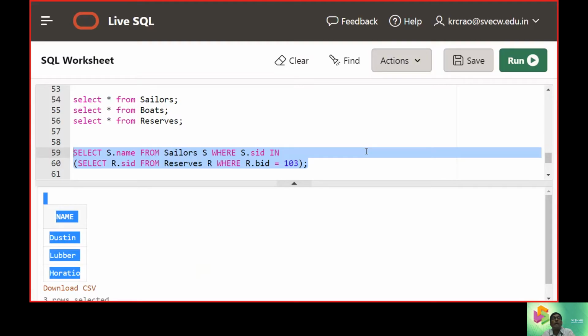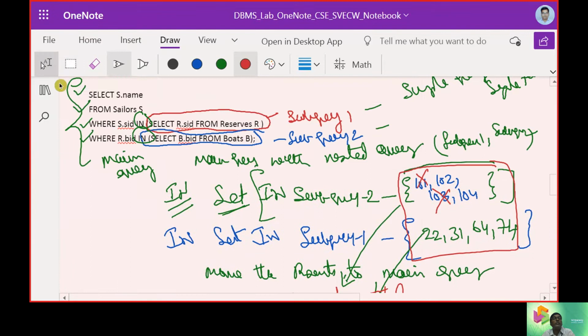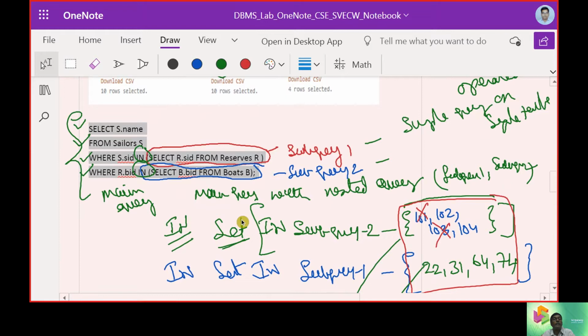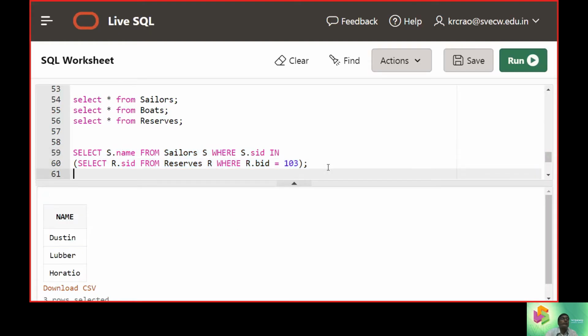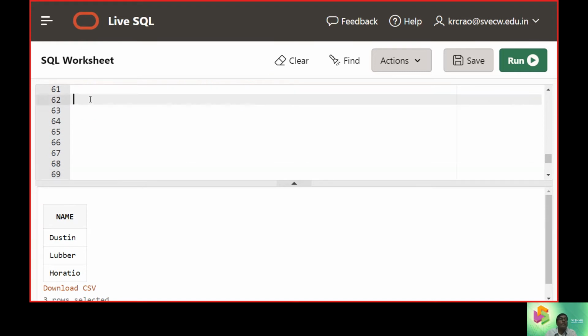So let us take up this query that has to be executed and see how it is getting executed.